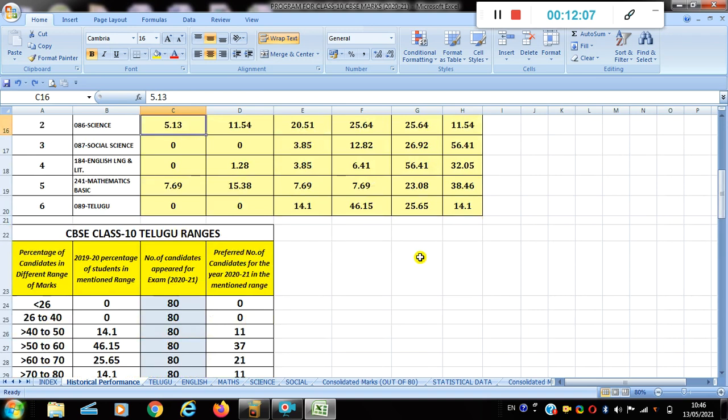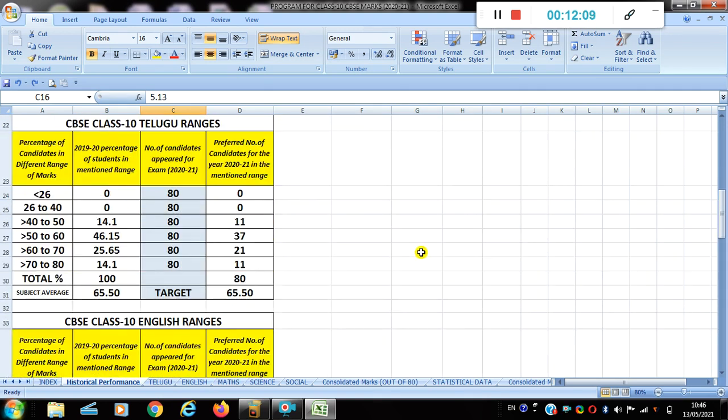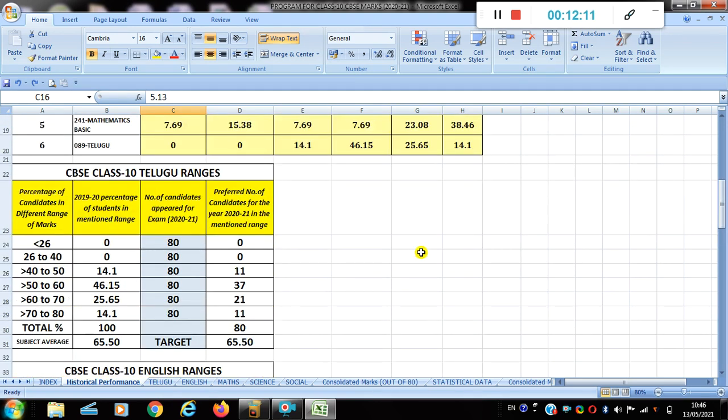This is a technical issue and logical thinking, but the only condition CBSE is telling us is the subject average must be plus or minus 2 when compared to that reference year's subject average. Also the total school average must be less than the reference year's average. These things only should be tallied.